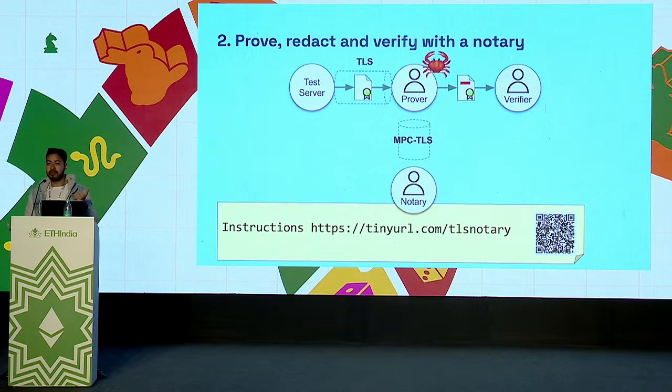So same example, but this is with the Notary and the Rust example. Same, if you're familiar with Rust, go with this. And we also have the browser extension. If you're not familiar with Rust, and if you want to do everything in the browser, you can use the browser extension. Same, prove, redact, and verify. Go through all of these 3 examples. The URL is there, and you will have a better understanding of it.